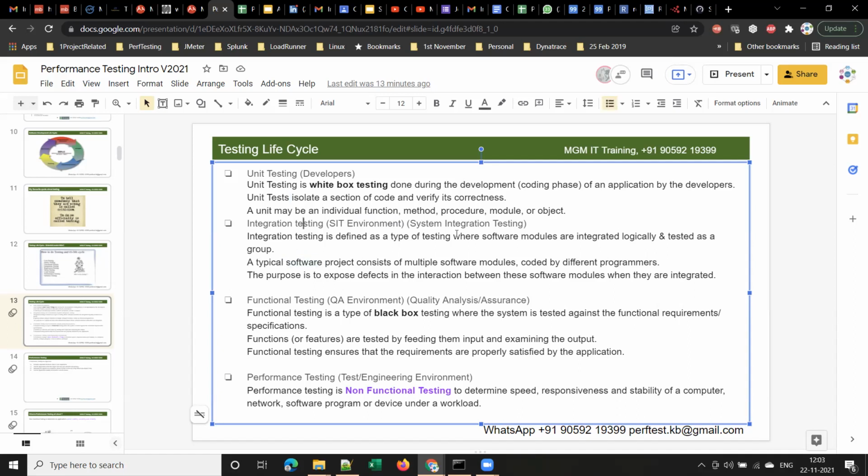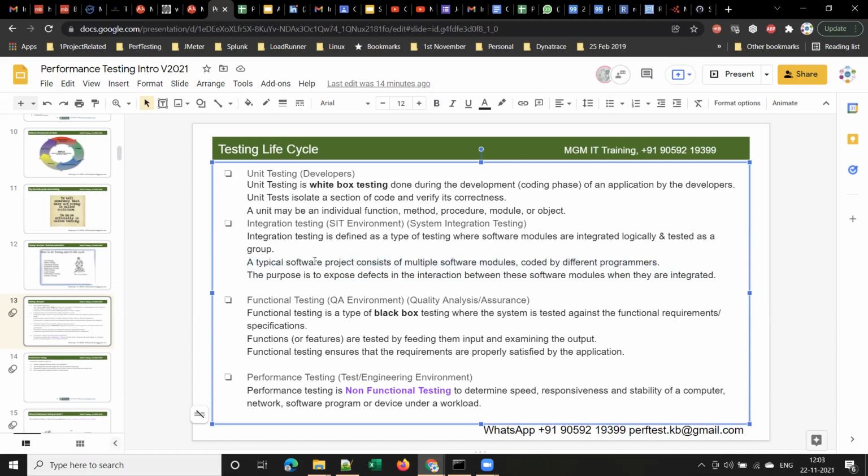What is integration testing and what is unit testing? What is the purpose of integration testing? The purpose is to expose defects in the interaction between these software modules when they are integrated. A typical software project consists of multiple software modules coded by different programmers.